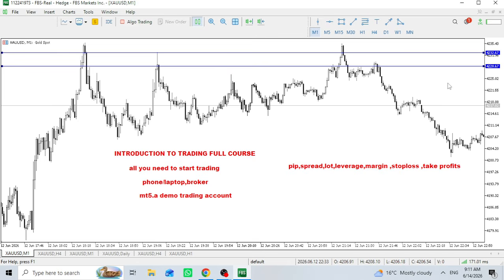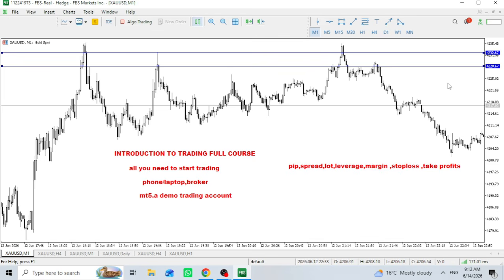How much is equivalent to 10 pips if you are trading with 0.01, or if you are trading with 0.1 lot size? Now there is something we call lot size. This is standard trading sizes. The more lot size you are using, the more profit you are making, but the higher risk you are taking. Someone trading with 0.01 is taking a smaller risk compared to someone using a lot of 1.